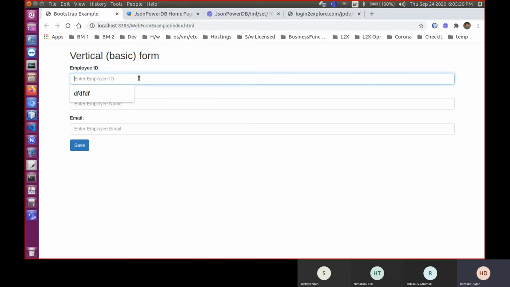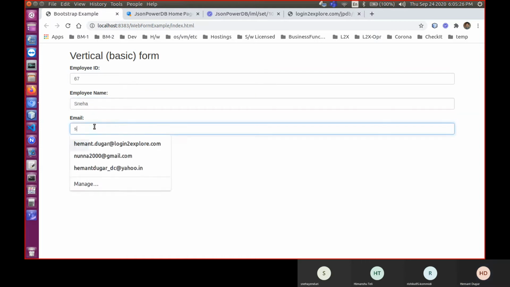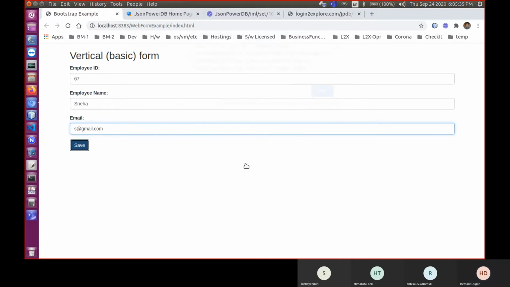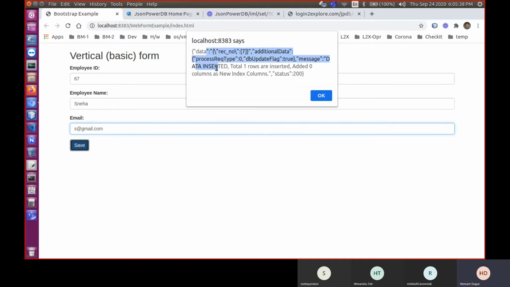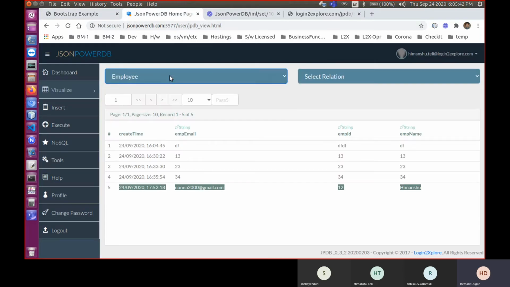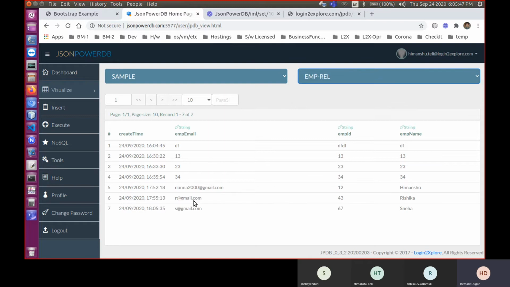So now if we say another, so this is for Sneha and you get the response, record number 7. And if you go here, select sample, you will get this Rishika's record. Earlier we saved and now Sneha's record.